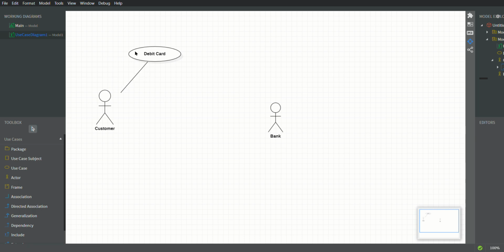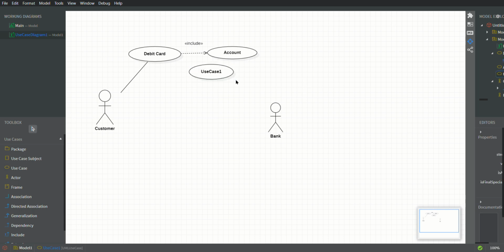Now, the debit card has to have some connection with the bank, right? So the debit card must have an account associated with it. However, without this account, this debit card won't exist. So that utilizes the include feature of use case diagrams. Include is because without an account, there's no debit card. It won't exist. And within account, the customer can choose whether it's a current account